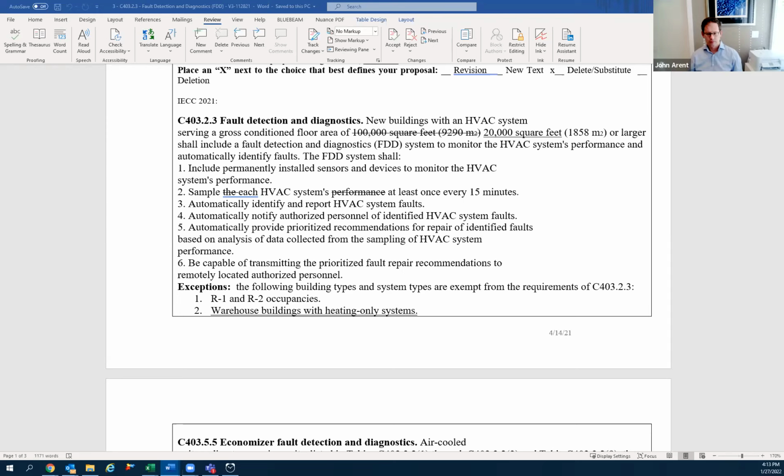Well, I know my team reviewed this section and felt like it was very broad and high. It's like a 10,000 foot view of possibility of diagnostics and reporting, and especially automatically prioritize recommendations for repair and identify faults. I mean, there's a whole science to this fault detection and diagnostics. So I'm looking up the code section that Elizabeth brought up for 2018, and I just wanted to verify that. But this is the base code that's been adopted nationally. So